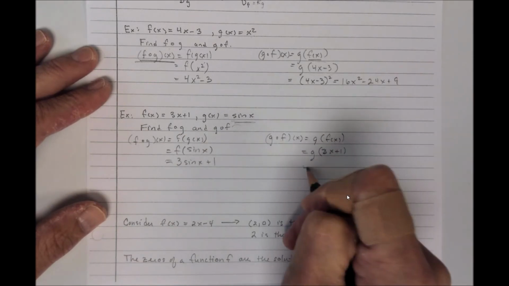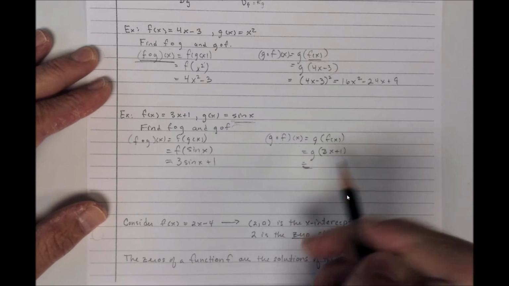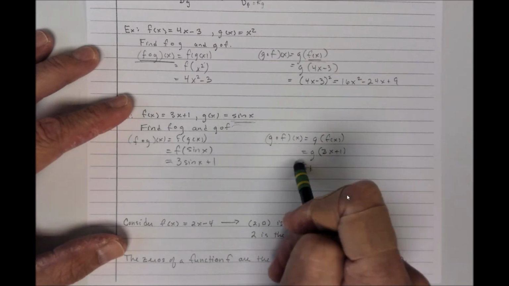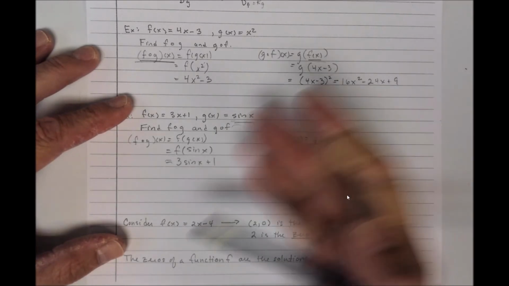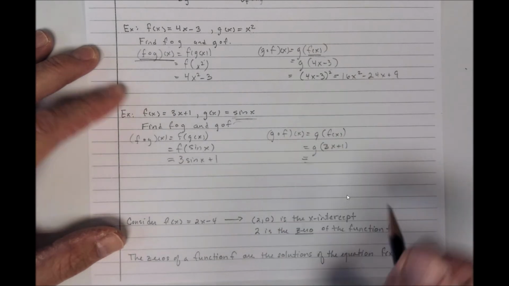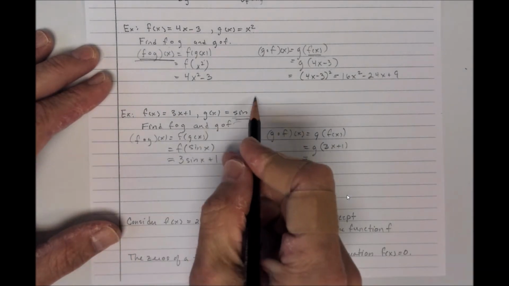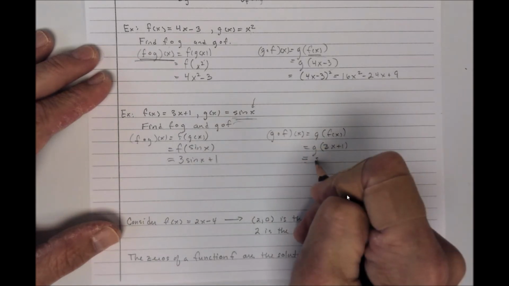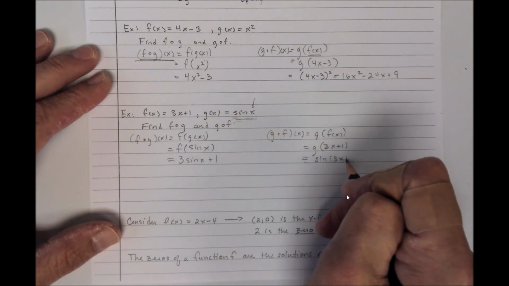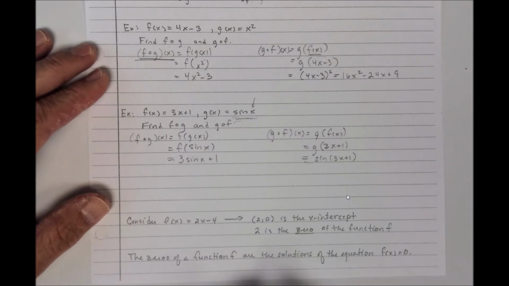And then g of this, I get so lazy sometimes, just want to scratch it out. There we go. I'm going to plug 3x plus 1 into the rule for g right there, in for the variable. So I have the sine of 3x plus 1. And no, these are not the same. Now,